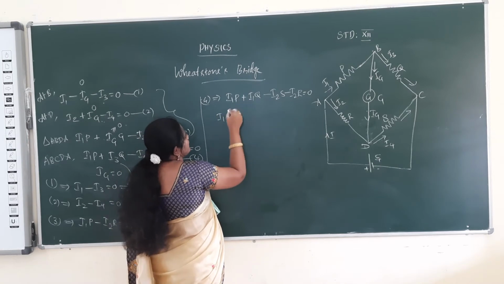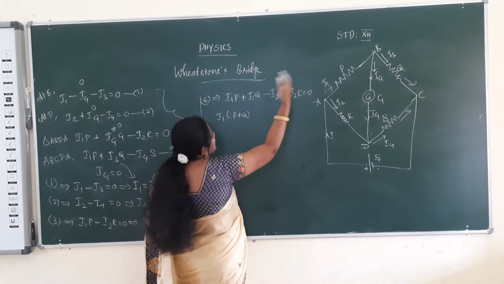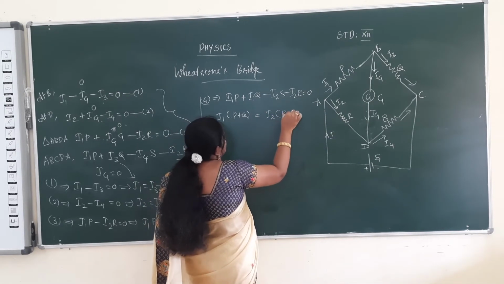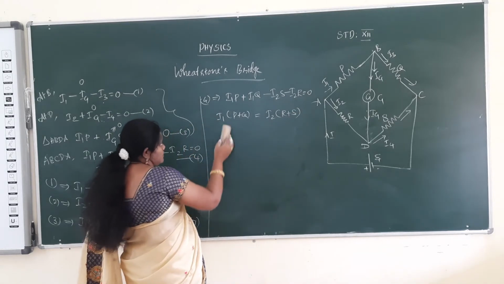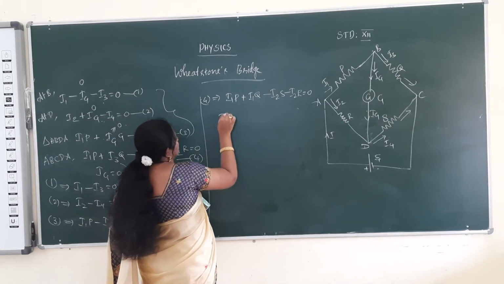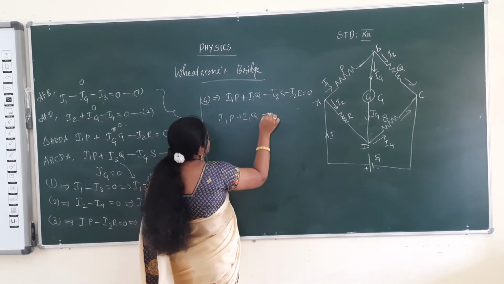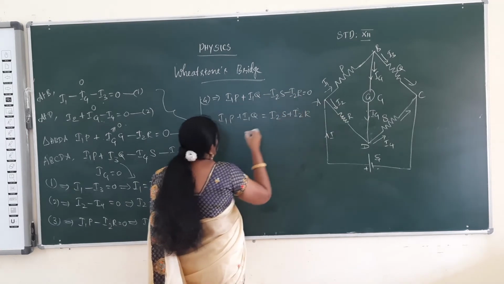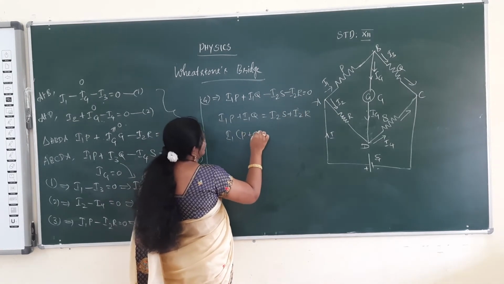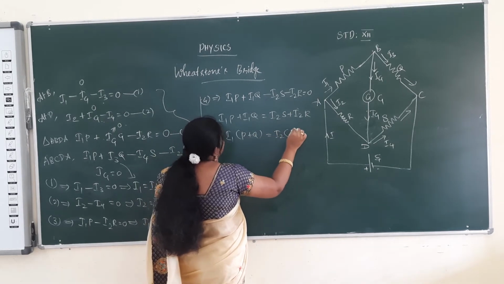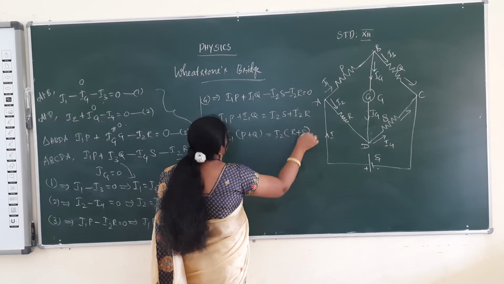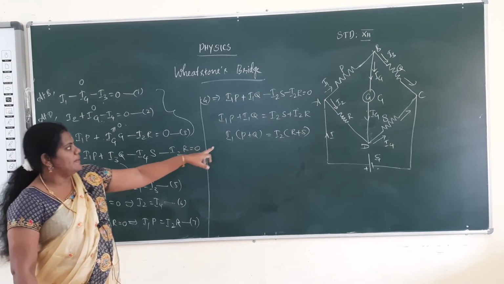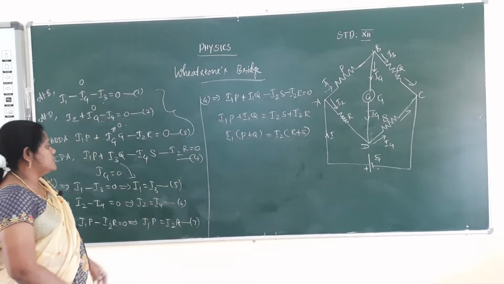So I1 will be taken as B plus Q, and I2S and I2R we take to the right side. So I2 will be taken as R plus S. Okay, to write it more simply: I1B plus I1Q will be taken as I2S plus I2R. The minus signs go to the other side and become plus. So I1 times B plus Q will be equal to I2 times R plus S. This is equation 8.